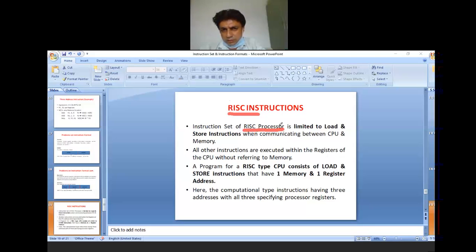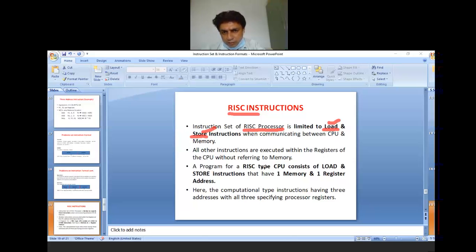The instruction set of a RISC processor is limited to load and store instructions. So the RISC instructions are basically of two types, the load instruction and the store instruction. When communicating between the CPU and memory, all other instructions are executed within the registers of the CPU without referring to memory, but the load and store instructions refer to the CPU and the memory.